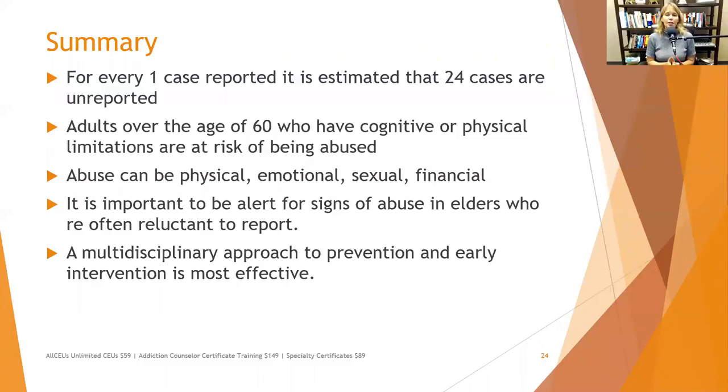A multidisciplinary approach to prevention and early intervention is most effective. And when we talk about multidisciplinary with elder abuse, we're talking about clinicians, physicians, social workers or care providers that may be in drop-in centers, the people that work in nursing homes, as well as APS and the state's attorney's office, to make sure that we're covering all of our bases. Everybody's aware of what's involved, and we can start figuring out where are the holes in the safety net that elders are falling through such that they're getting abused.